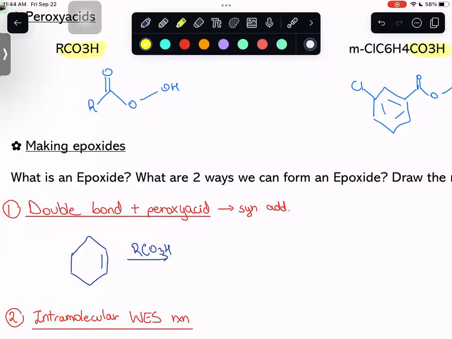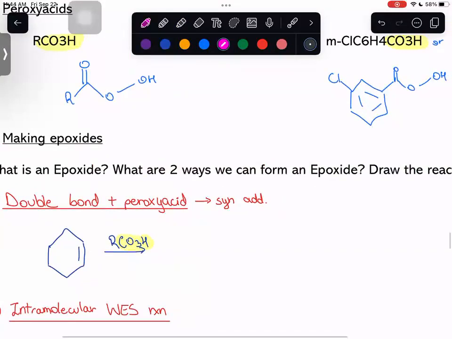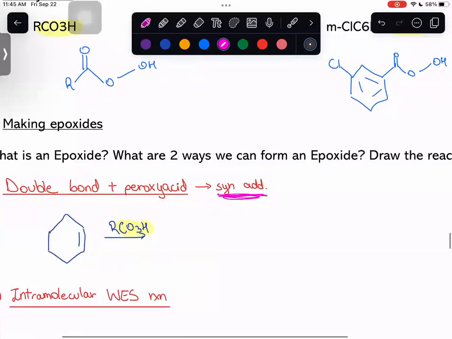And again, I know it's a peroxy acid because I see CO3H. Now, what you have to know about this reaction is that it's going to be a syn addition. We don't have to learn the entire mechanism. Me, myself, I don't even know it. The only thing you have to know is that, first of all, we start by preserving that carbon chain. And at the end, you make the epoxide, that's always going to happen at the carbons that form that double